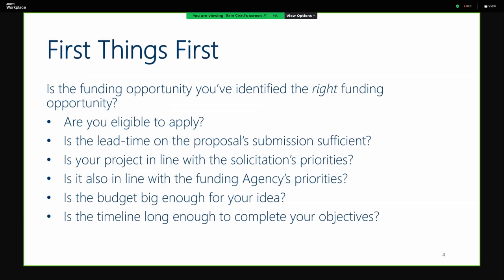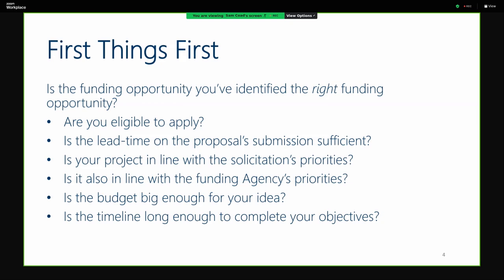This workshop is going to be aimed at developing or creating a solid proposal. So it's a lot of the background information for creating a proposal. We have another one in a couple weeks that's going to be focused on developing a solid narrative. So this is just going to be a general overview of creating a solid base for your proposal. So first things first,